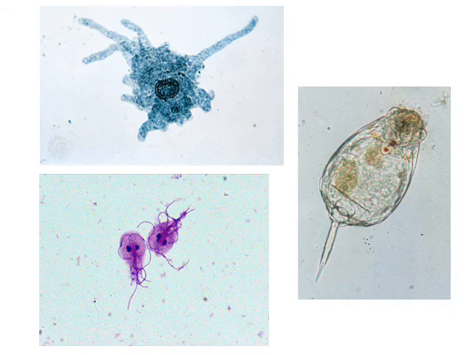Here's an example. It's an amoeba at the top. Those little purple guys with eyes are Giardia, which is gnarly. Giardia is from drinking contaminated fresh water usually. And then there's a little rotifer on the right. Those are the kind of common ones that we see in Oregon, in fresh water.